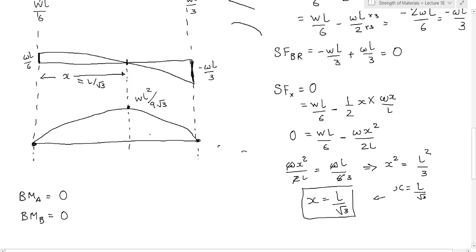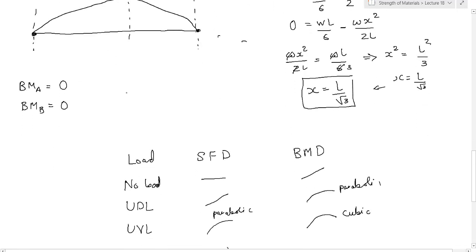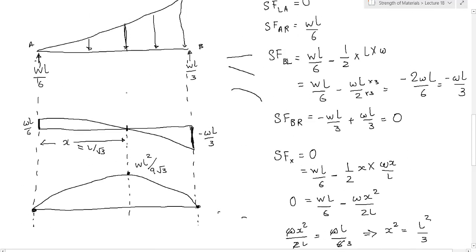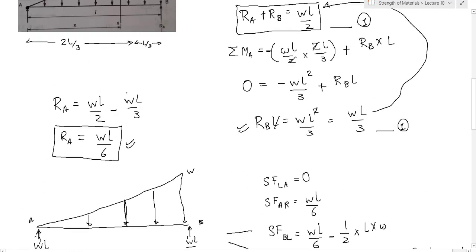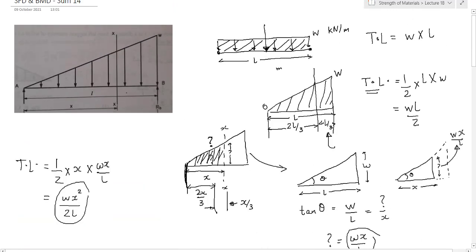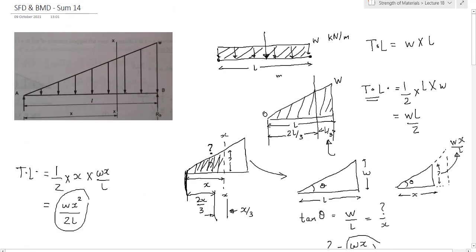See, in this question, because of all the W, L and X, it might seem a bit complicated, but when we substitute values in W, L and X, it will become easier to understand. Okay, but in exam, it is possible that a sum like this can also come. So you have to understand how we did each and every step. I agree this is a bit complicated, but if you like, you can go through the video again or do these calculations on your own. Very simple calculations. You will definitely understand this entire concept.